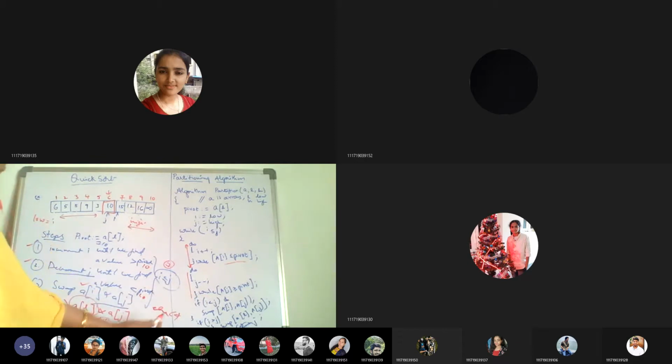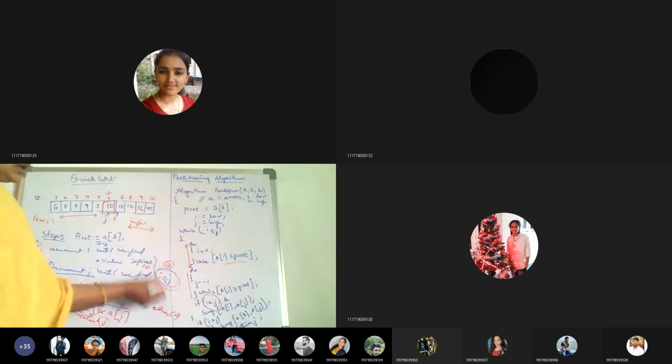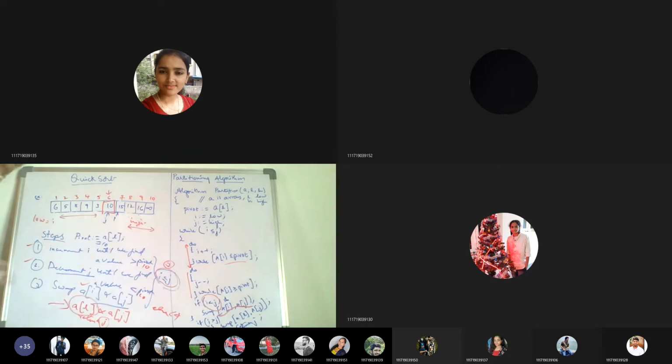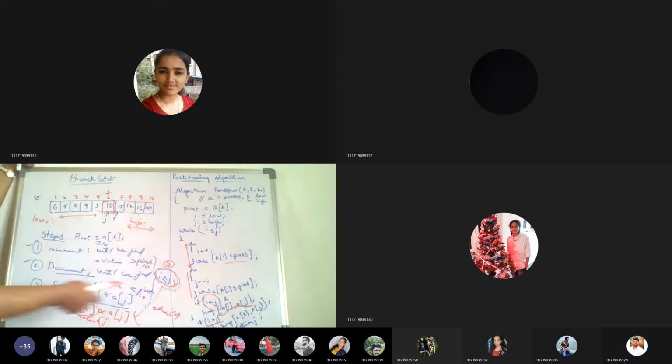And when can it be swapped? Only if I is less than or equal to J do we do the swapping. If this is not satisfied, that is, if I is greater than J, what do we have to do? We have to swap the pivot and A of J. The pivot is at A of L and A of J is the value.